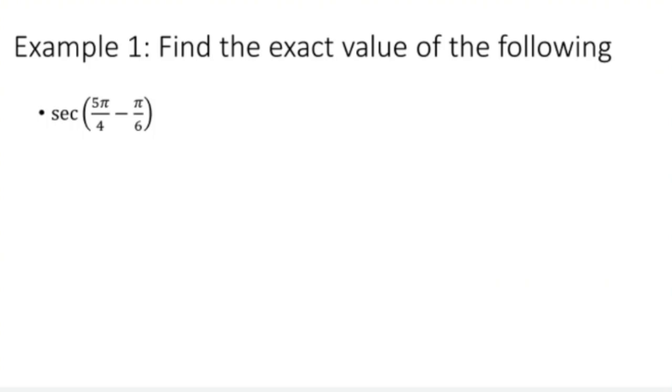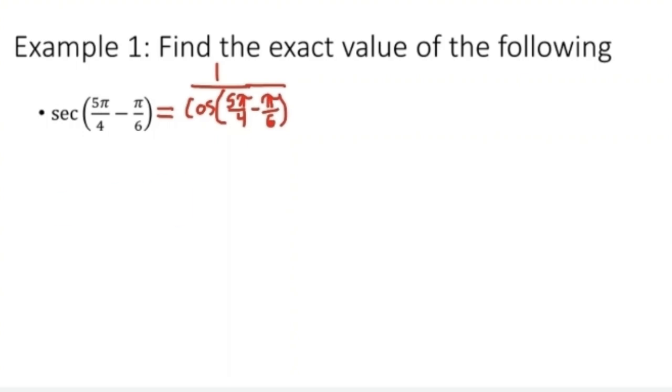Now here we know what two angles we're subtracting, but the problem that we have now is we don't have a sum difference formula for secant. We only have sum difference formulas for sine, cosine, and tangent. But recall that secant and cosine are reciprocals. So secant of 5 pi over 4 minus pi over 6 equals 1 over cosine 5 pi over 4 minus pi over 6. Down below, we're going to find the exact value of the cosine of 5 pi over 4